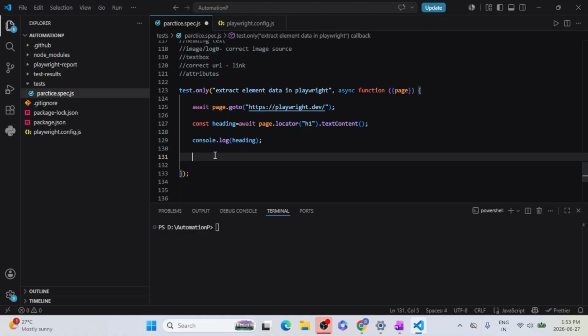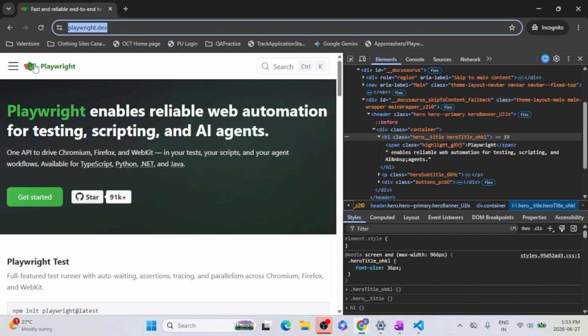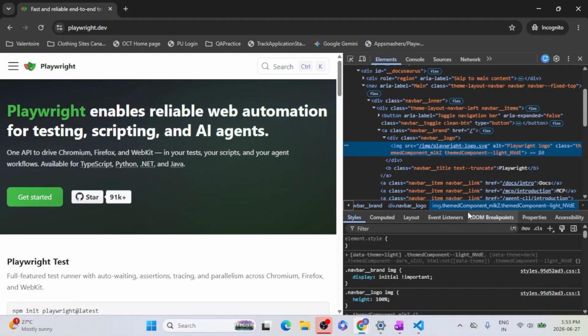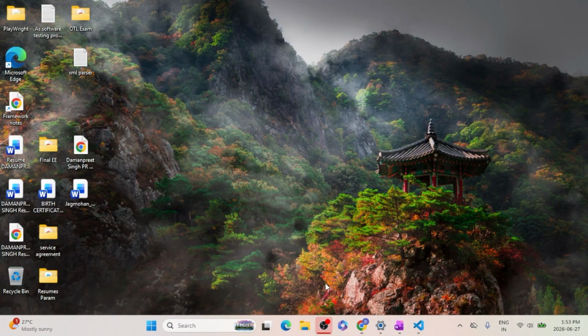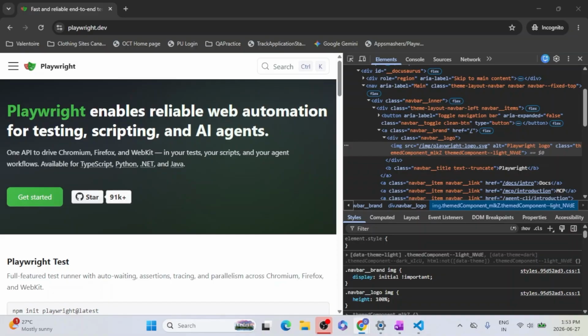Okay, second thing is let's go and check that logo over here. We have this logo on the right. See, Playwright logo. Let me inspect this one. Okay, for this one we have the source and alt. So for this one, what is the difference is, if we have a source, right? So the thing is,